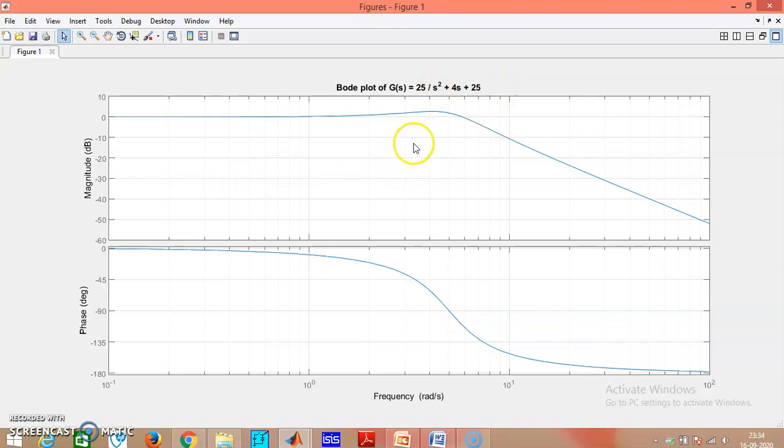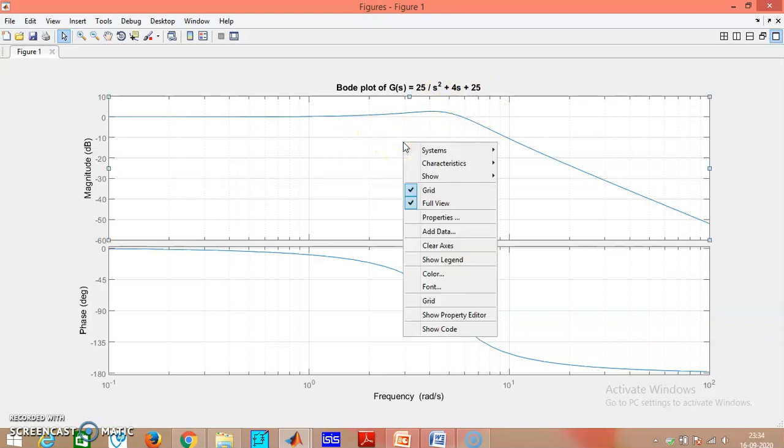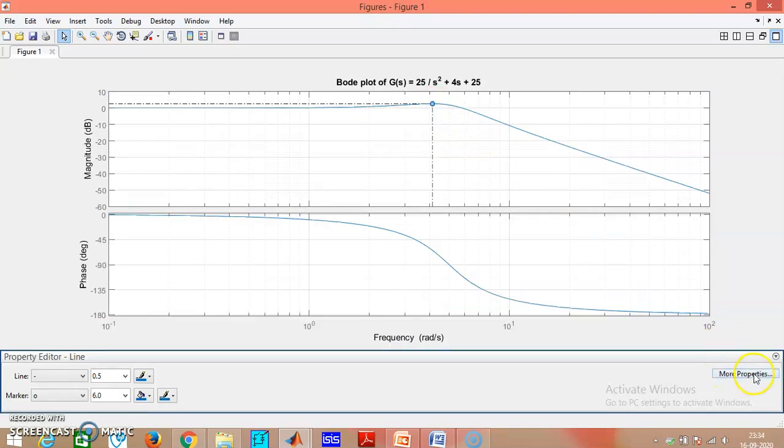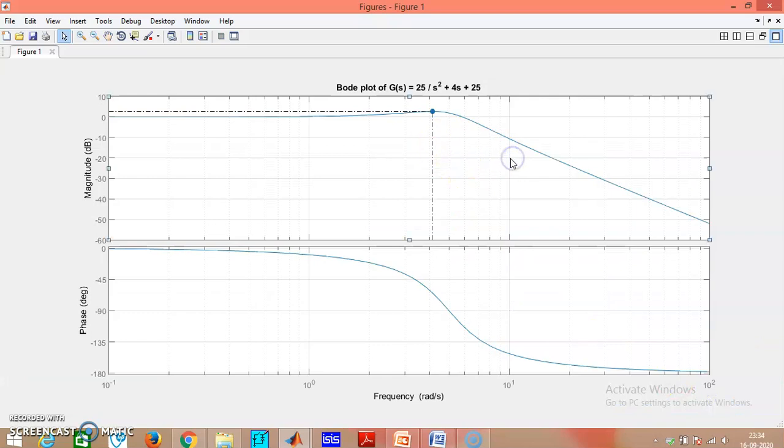Now again, if I want to extract information from this Bode plot, I will right click on it and go to Characteristics. First I will select peak response, so you will find a bubble on it. This indicates the peak response. If I want the information from this peak response, I will just click on that particular bubble, and you can get the information from it.